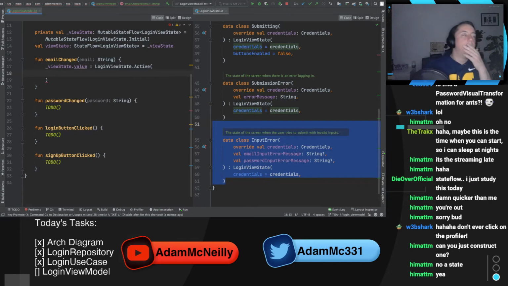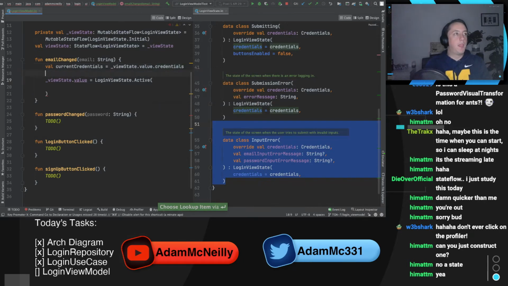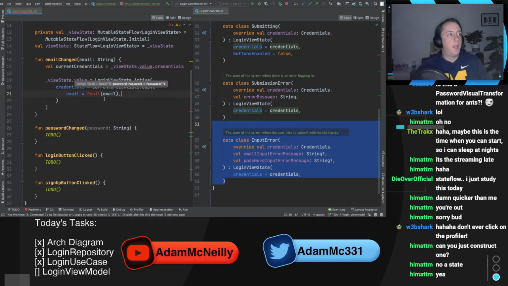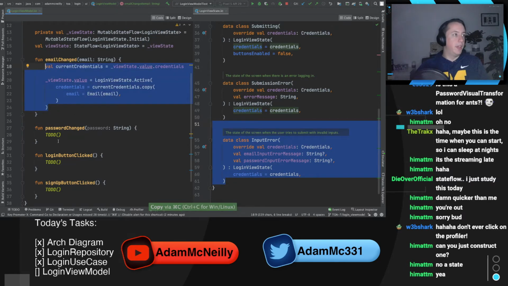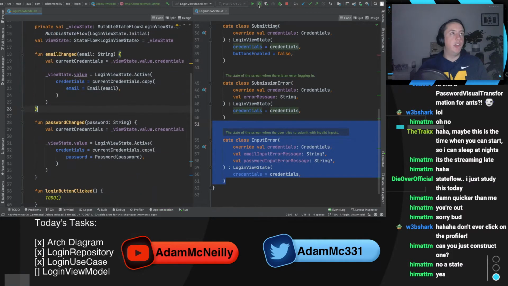So, okay. We've got current credentials will be viewState.value.credentials. And then here, credentials will be current credentials.copy email equals email. This will be what we do. And let's do the same with password. We'll just have to change this up. Password, password. Okay, and I think that doing this should